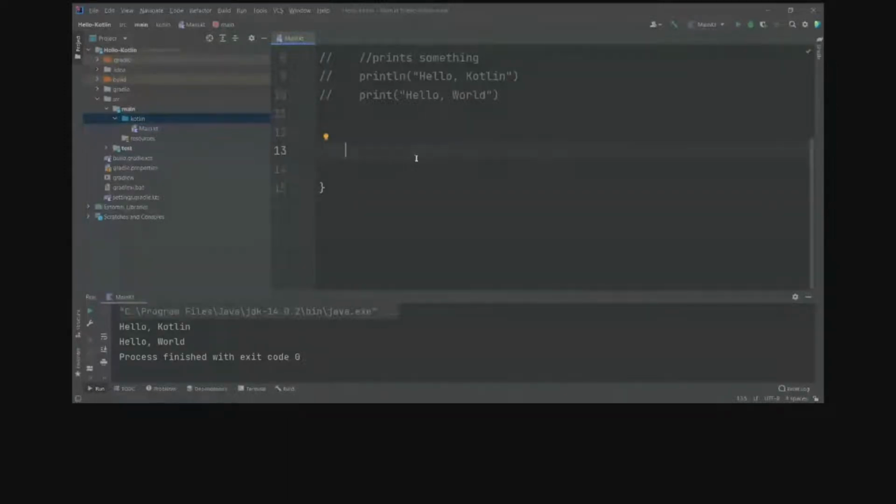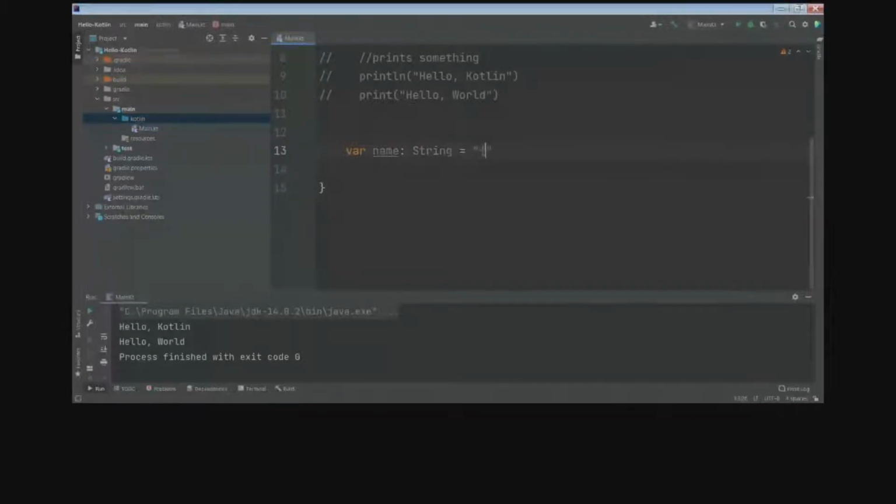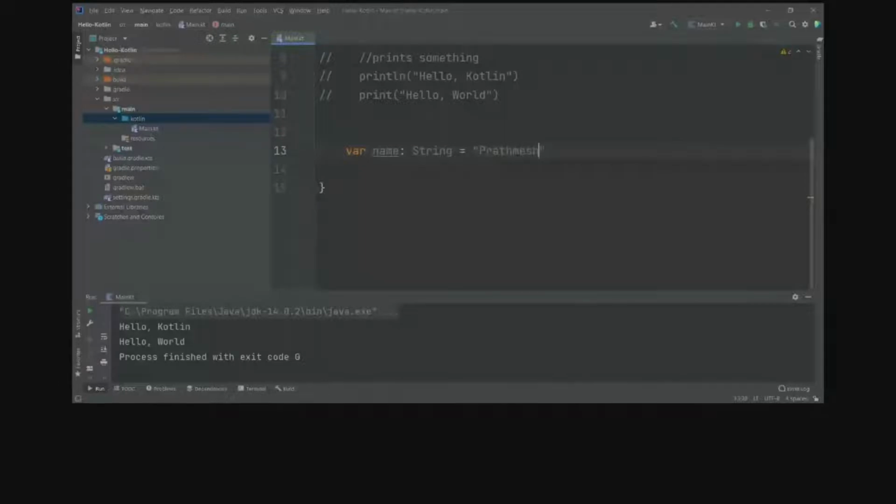In Kotlin, we define a mutable variable with the keyword var. So var, suppose name, and now I want to specify the data type of this variable. So I'll say colon, and then I'll write here the data type, that is, name is going to be of data type string. Okay.